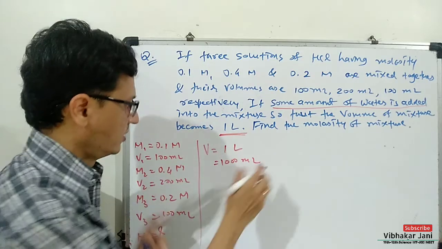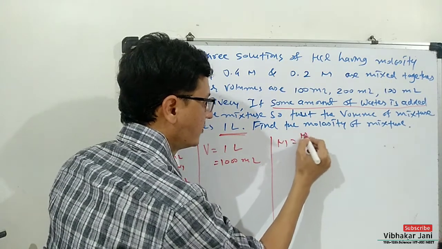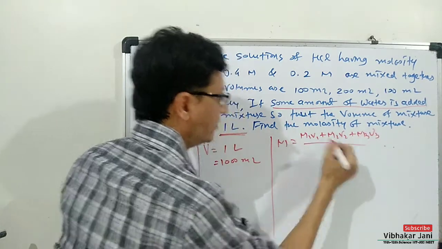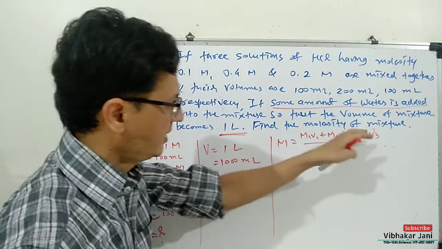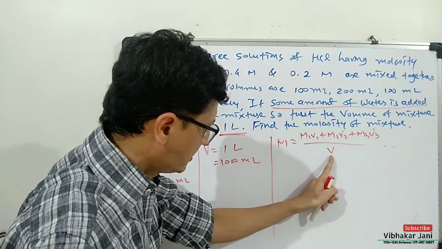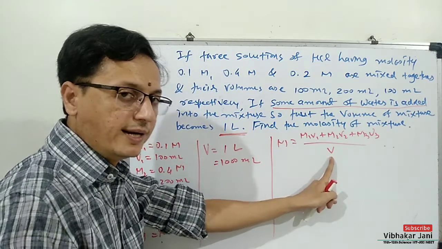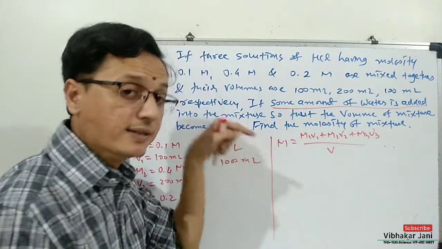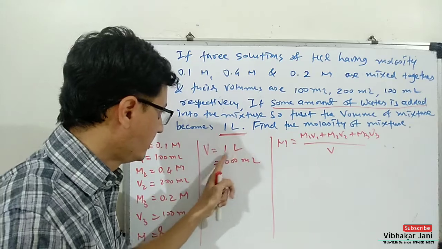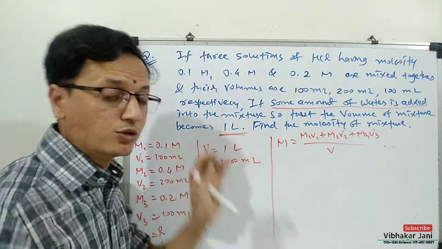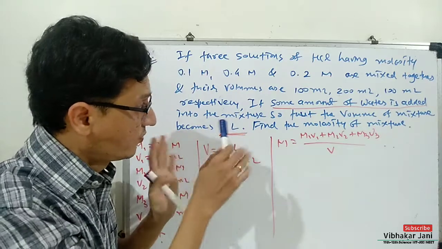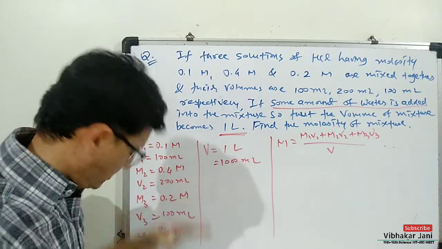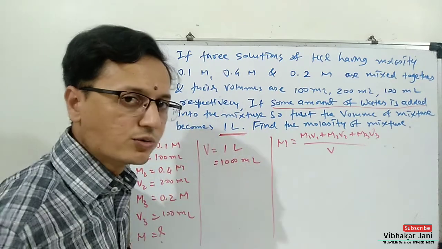Okay, now that is all. This is the formula: M1V1 plus M2V2 plus M3V3 divided by V. All the remaining data are same, but only the change is in the value of total volume. In the previous question, the total volume was the sum of V1, V2 and V3, but in this question, the total volume will be 1 liter because it is given in our question. So you have to take care of these kind of modifications. So just read the question carefully and then make a list of given data, and then after use the formula.